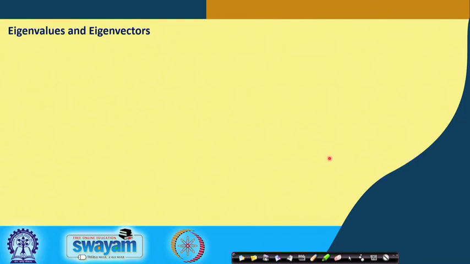So, here what are the eigenvalues and eigenvectors of a matrix? Let us consider this simple 2 by 2 matrix A given by 3, minus 2, 1, 0, and then we consider these two vectors. One is u, which is minus 1, 0, and another one is v, which is 2, 1. And with this,